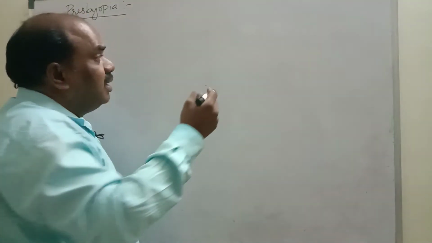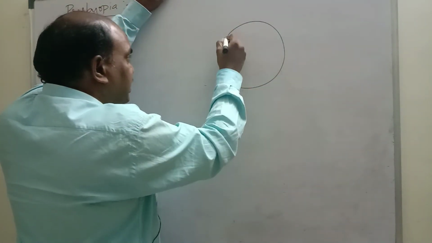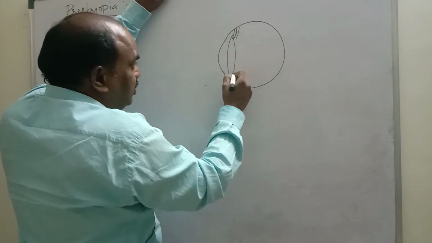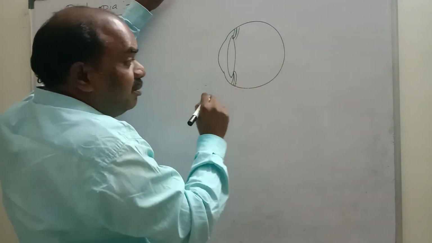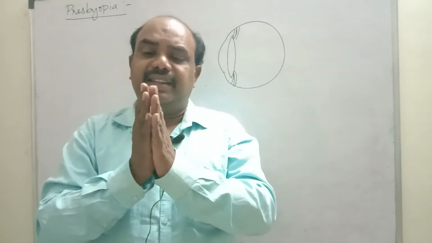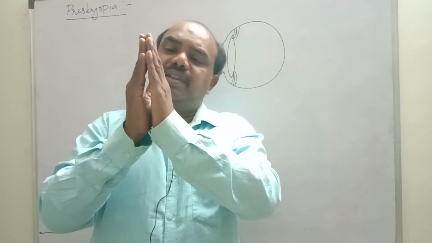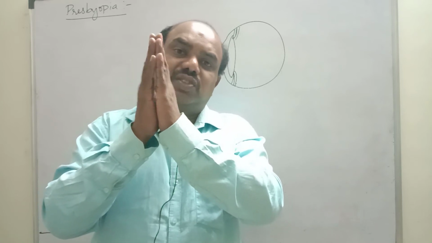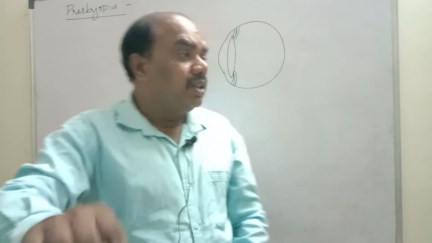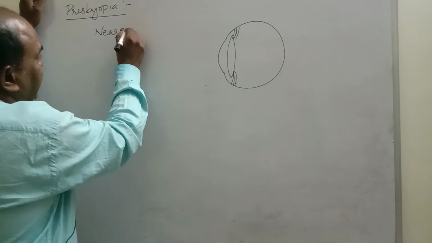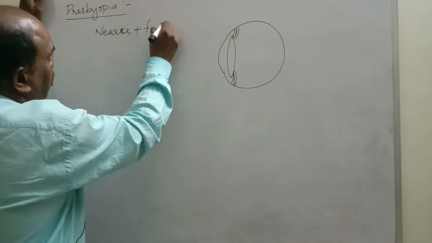Who will do this accommodation? The ciliary muscles of our eye. For the structure of the eye, see the human eye once. First, this is the eye lens. This eye lens is attached to ciliary muscles. These ciliary muscles cannot accommodate due to old age. If our age goes on increasing after 60, 70, ciliary muscles cannot adjust this lens. That means contraction and expansion is not possible up to the extent, so the person cannot see both nearer objects and farther objects. Both he cannot see clearly.